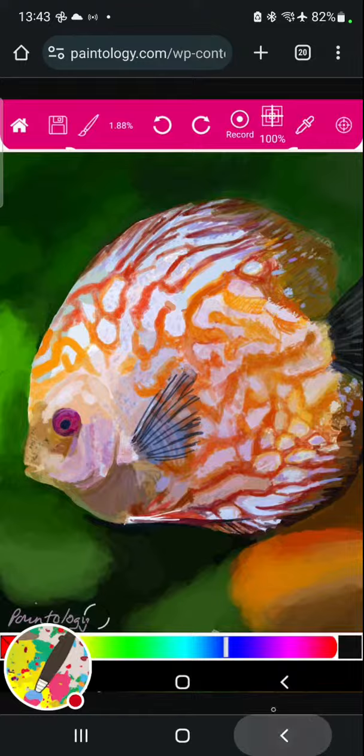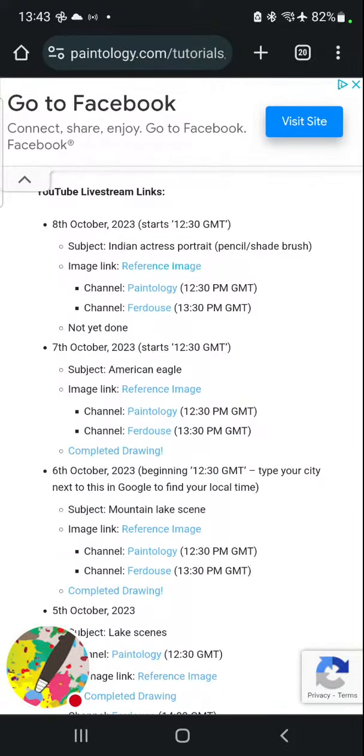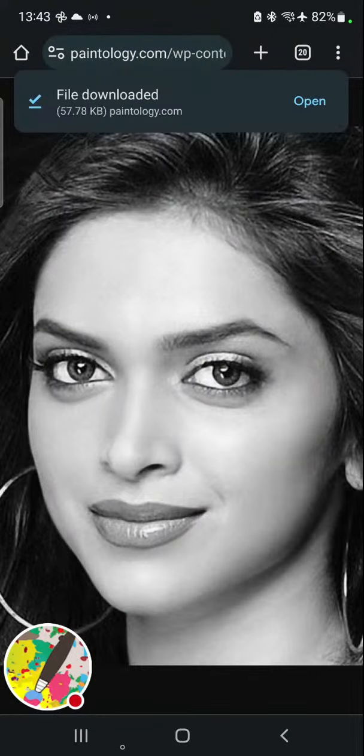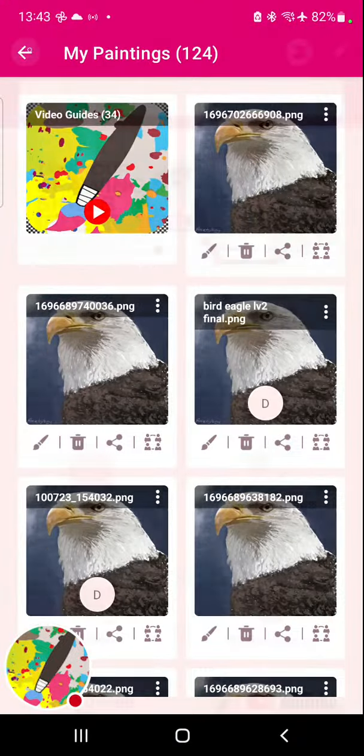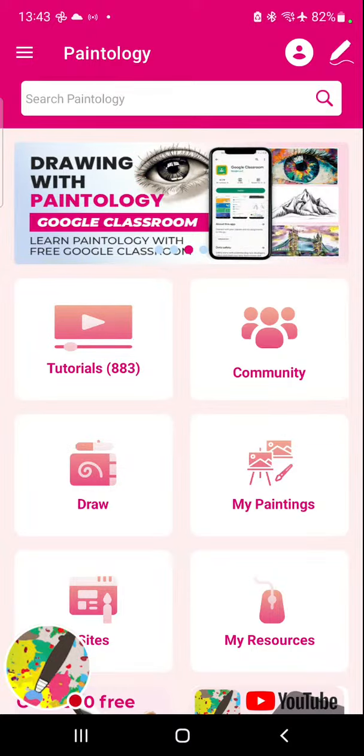So let's go back to that. We're going to download that reference image that we're going to use. So I click on download image, and then you can do this for any type of image. Paintology encourages you to learn from reference images, because that's what has been the key to some